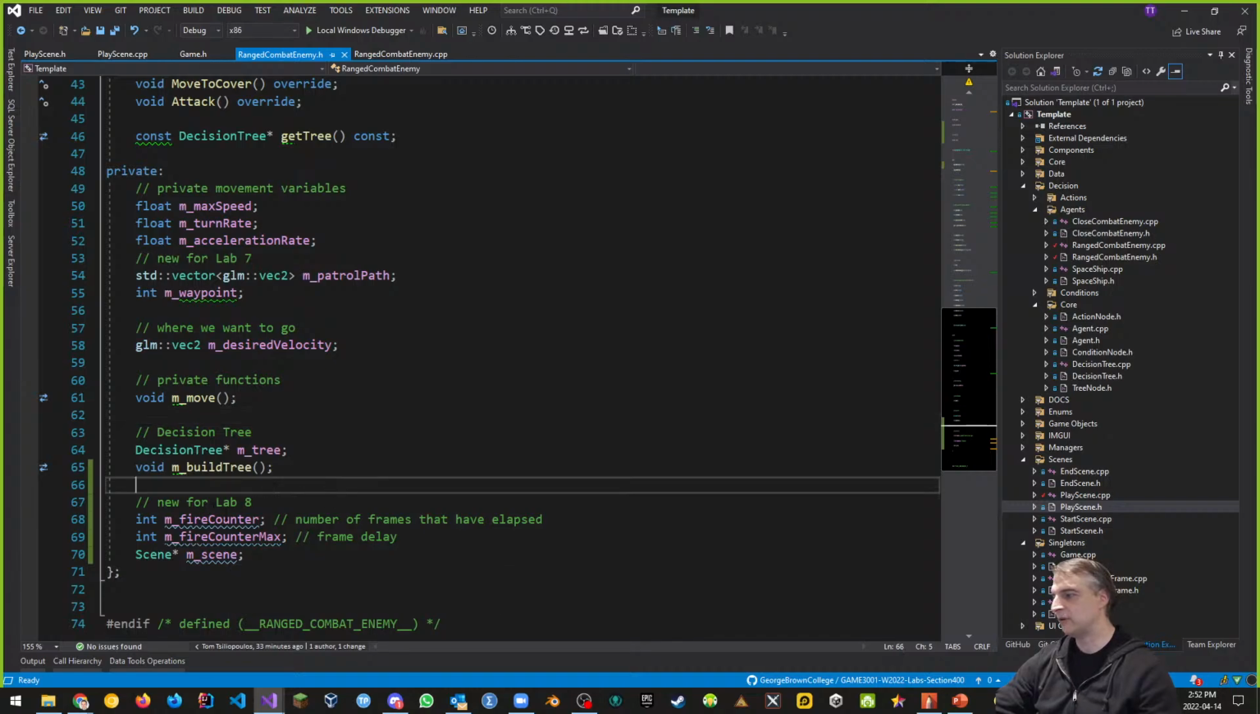We also have two counters, a fire counter and a fire counter max, that's going to keep track of the frame delay that we're going to use before firing a bullet, which is set within combat range. I'm not sure where that is,